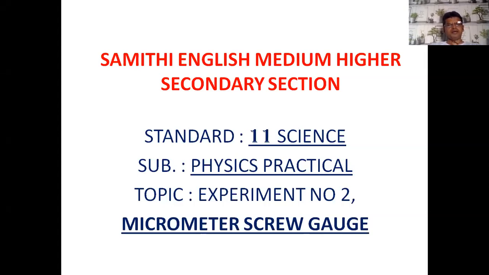But today we have a thin wire, with a thickness like a hair. Today we will find the diameter of this thin wire. That means we are unable to use vernier calipers. So what is the solution? As per today's practical, we are using a setup called a micrometer screw gauge.